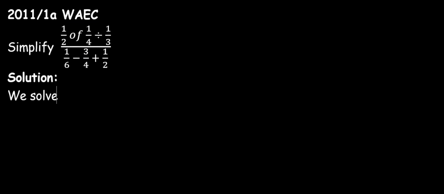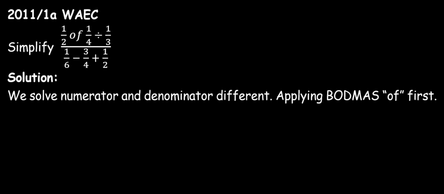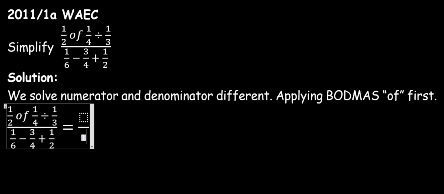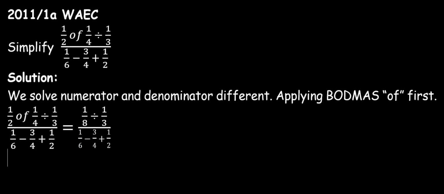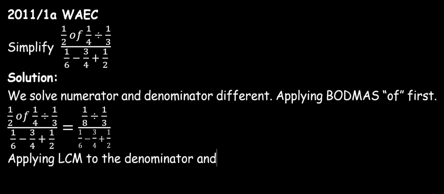Another example, simplify. At the denominator, we have 1 over 6 minus 3 over 4 plus 1 over 2. Then at the numerator, we have 1 over 2 of 1 over 4 divided by 1 over 3. Solution. We solve numerator and denominator differently, applying BODMAS, of first. So our given problem becomes 1 over 8 divided by 1 over 3 at the numerator. Then at the denominator, we still have 1 over 6 minus 3 over 4 plus 1 over 2. Applying LCM to the denominator and inverting 1 over 3 to 3 over 1